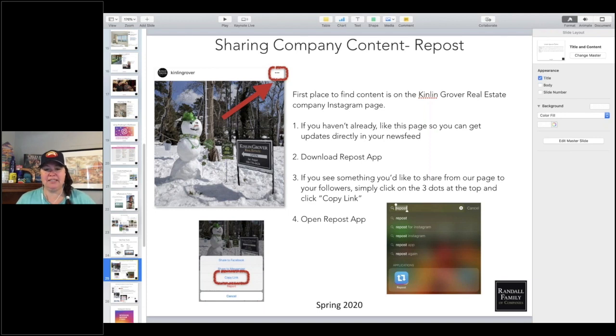There are a few. You can see the screenshot below. There's Repost, Regram, there's a bunch of them. If you're using any kind of scheduling tools, they have some capabilities as well, but you have to have that app first. Then you go into your Instagram post, and at the top, obviously this picture wasn't from this winter, there are 3 dots. You click the 3 dots, and below you'll see the opportunity to copy the link. You copy the link, you open your Repost app,